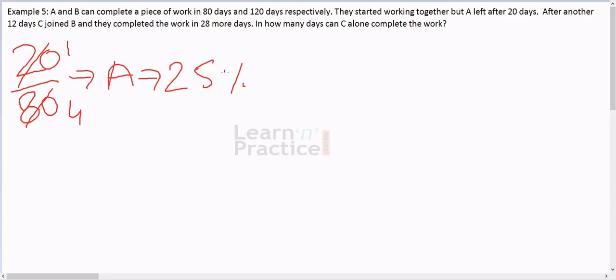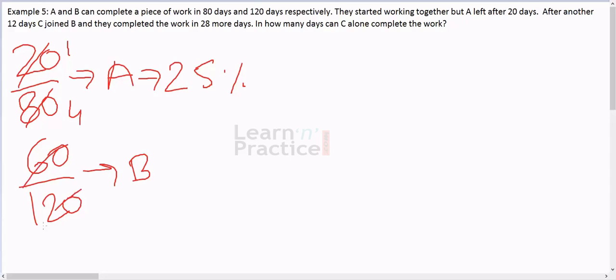Similarly, B worked for the entire period. That means B worked for 20 plus 12 plus 28, which is 60 days, and he can complete the work in 120 days. That means we can write 60 divided by 120. This is the B's work. So this is 1 by 2. So B completed 50% of the work. So 50 plus 25, 75% of the work was completed by A and B, and the remaining 25% of the work